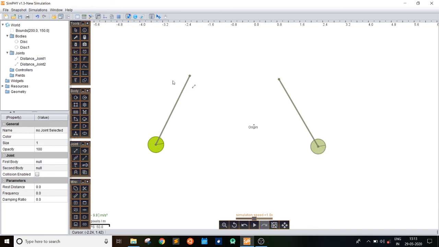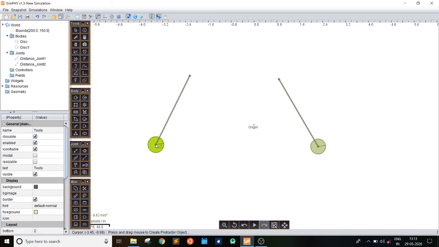Now one option is the measure tool from the toolbox. Then click and drag from the point to the point up to which you have to measure the dimension. Here you can see the dimension measured is 5.7 meters and it shows the angle 0.9 degree. Similarly, we have another tool called the ruler tool in the miscellaneous toolbox. It will create a horizontal ruler. You can use this feature to measure horizontal distances between any two points.